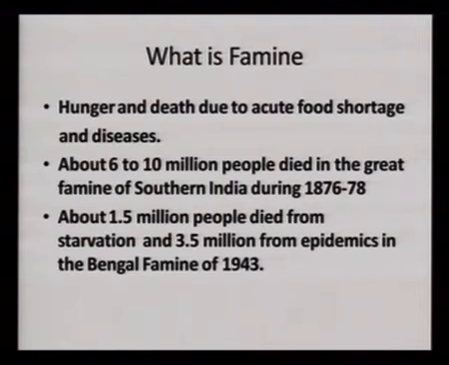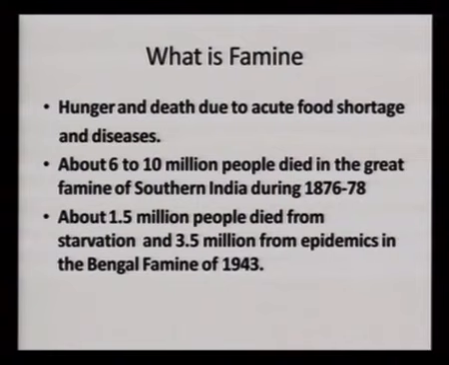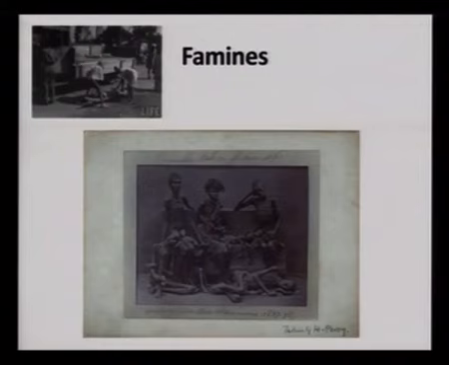In the Bengal famine of 1943, 1.5 million people died, and 3.5 million people suffered from diseases. They also died. And in 1876-78, I have quoted this, 6 to 10 million people died in South India. These two statistics I have given, and if you look at the pictures, they are really terrifying. One is of the Bengal famine in the left corner, and the second one is the 1876-78 picture. Somebody has drawn it, and we have downloaded these pictures from Google search. So I must tell you where these materials have come from.